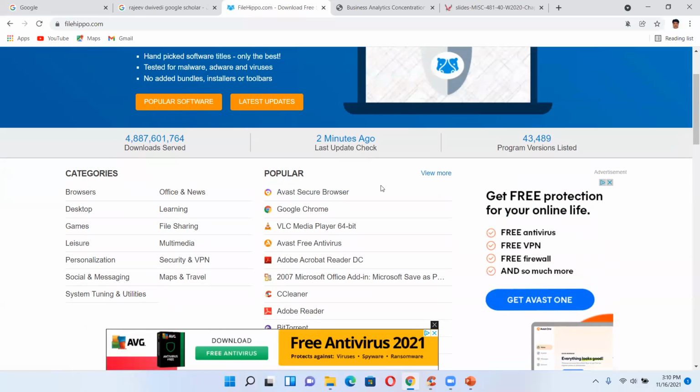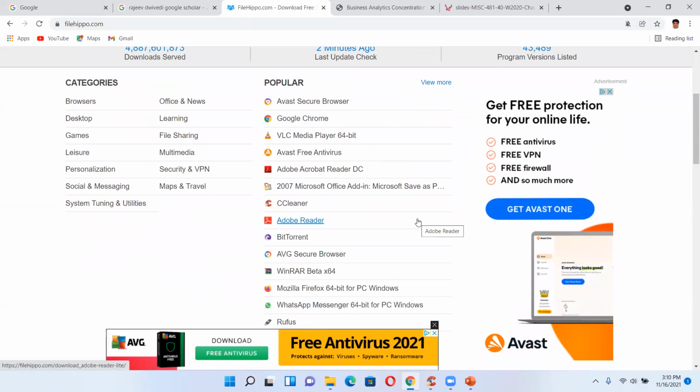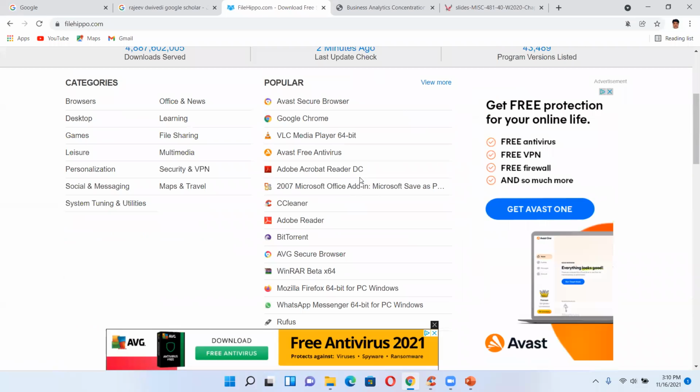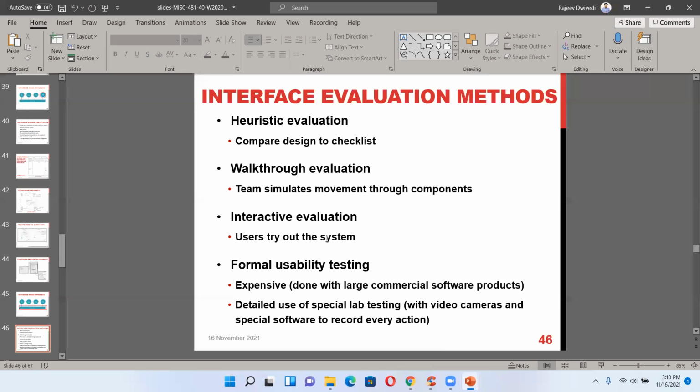Most of the software which are launched for testing and user feedback are put here. For example, Windows was here. Many beta versions usually come here, and I download and test it if I like. So through large commercial software products, they launch in this form.